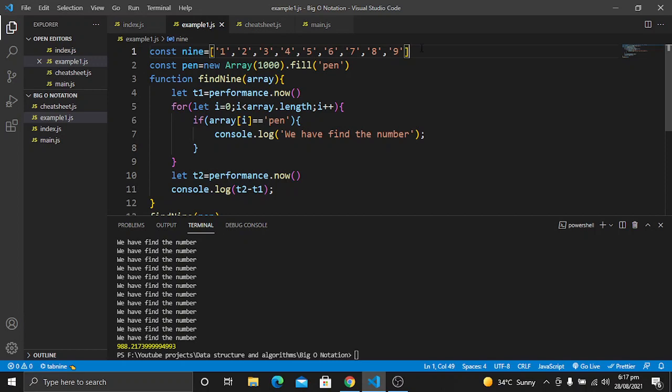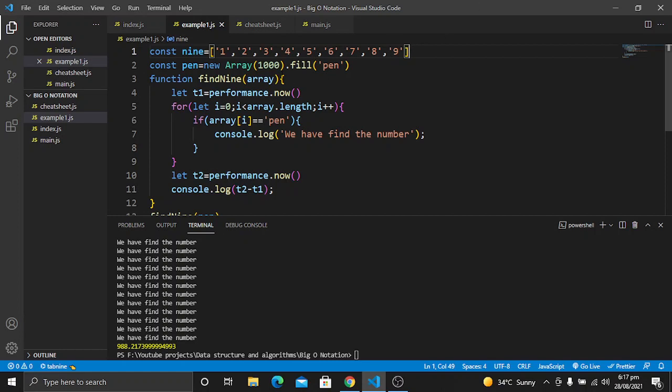Now if the array has increased in size, for example if this array has increased in the size of 1,000, it has simply changed the timings, the time taken by the machine to run this code. So there is a lot of difference between 4 millisecond and the 1,000 millisecond. You can understand the clear difference, and this is why it is important to understand what big O notation is, how important it is to use big O notation when our code base grows, or sorry, when our database grows.